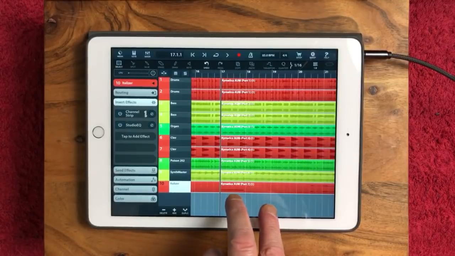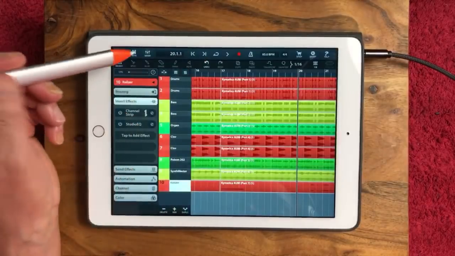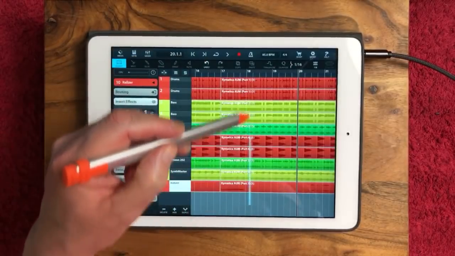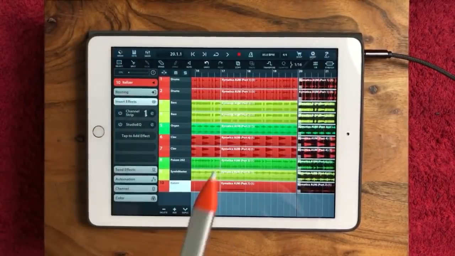I need a long enough time. 1, 2, 3, 4 should be plenty again. I'll select them all again and split it again there. Right, so